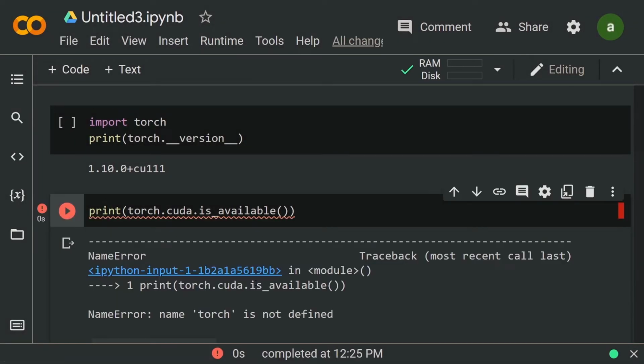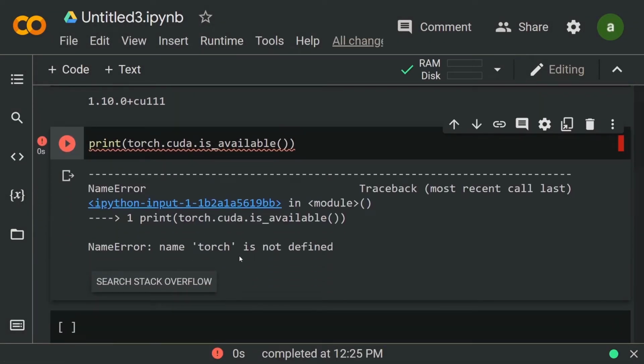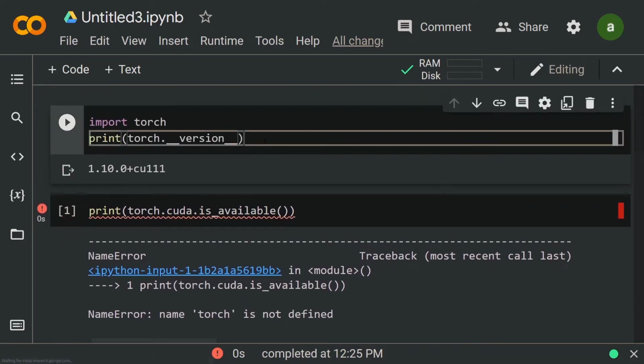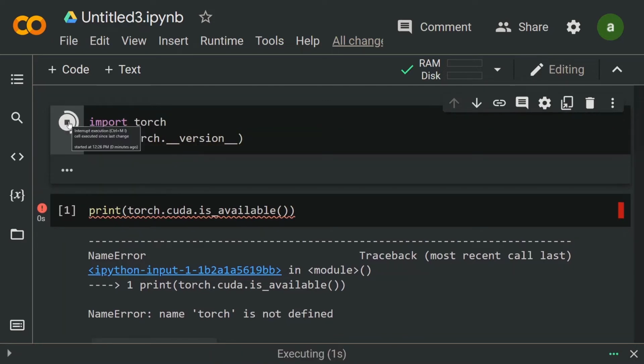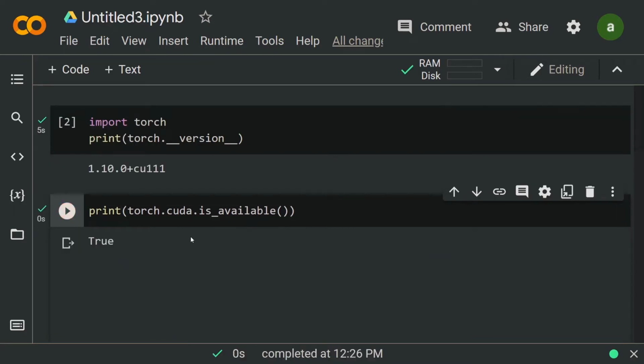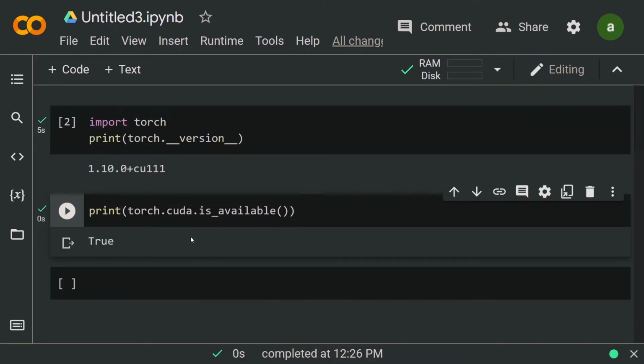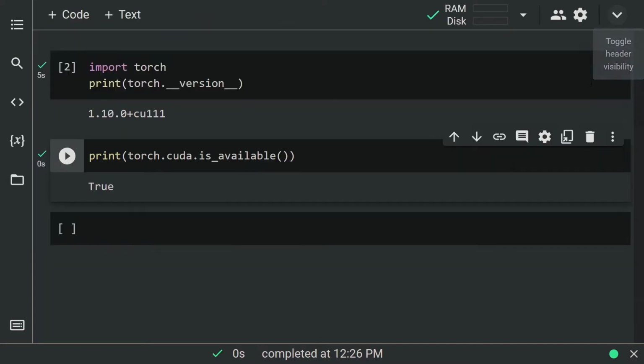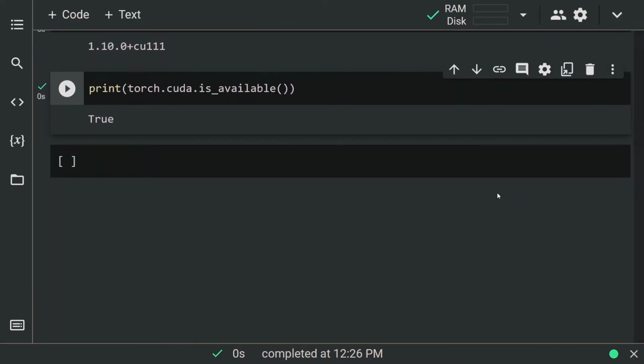Now, let's run this command again. Oops, I got an error message. Let's fix this. I need to run command from the first cell, because of choosing GPU. Let me run this cell, and the next cell, OK. And true is written to the screen. After that, my codes are run on GPU. Perfect, guys. If you buy the pro version of Colab, you can use a better GPU and more memory. The free version is sufficient for the analysis I'm gonna do in this video.